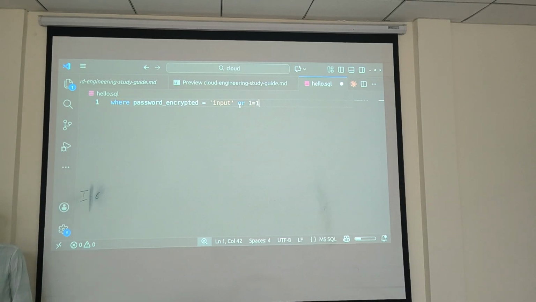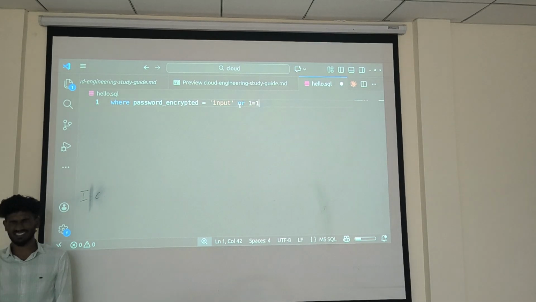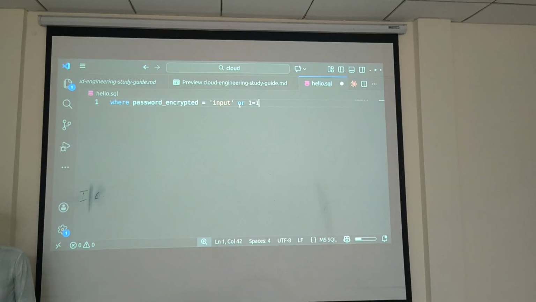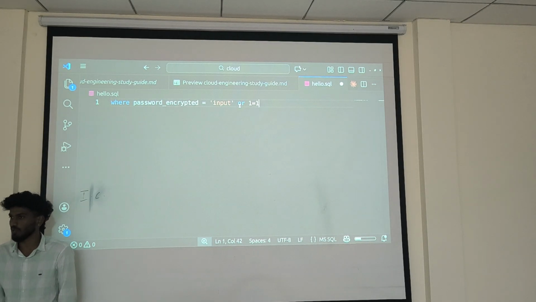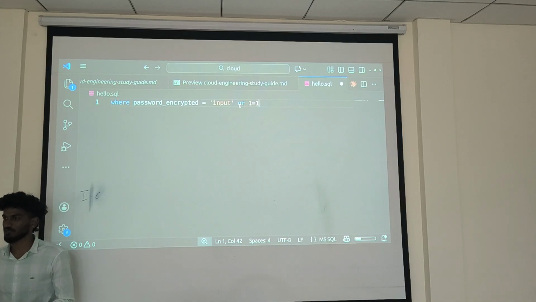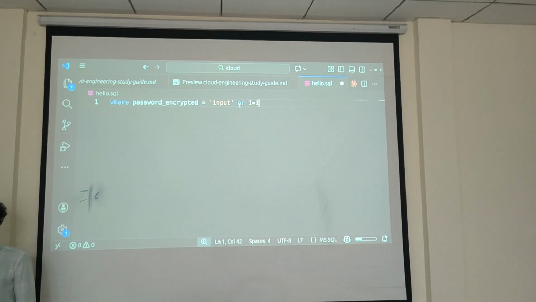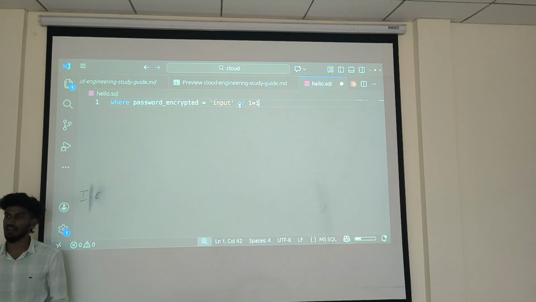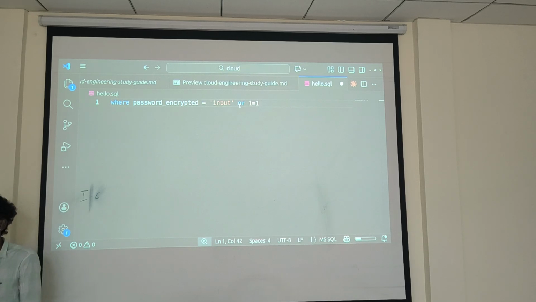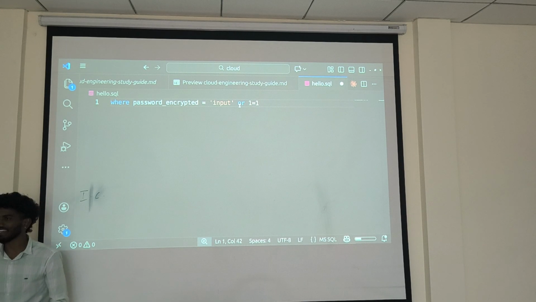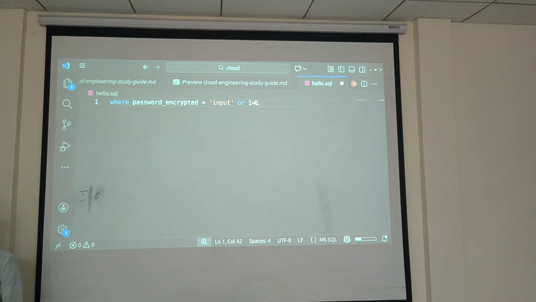When I was initially learning SQL, I tried one or two website logins. They simply allowed me in actually. I tried the password as 1 equal to 1, and that time they simply allowed it. After that, one or two days later, they directly blocked that, and I couldn't use that application anymore. So this is hacking. Hacking is nothing but how you are able to manipulate the system. That's it. Now you understood.